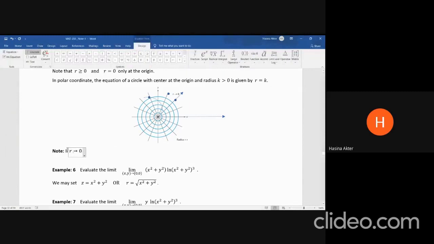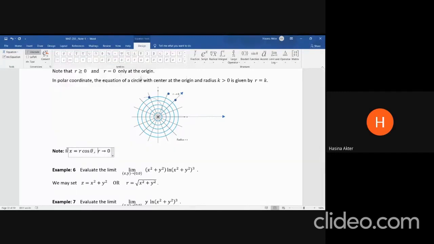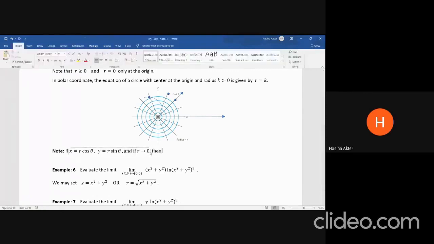Let's say x equals r cosine theta, y equals r sine theta, and if r approaches 0, then